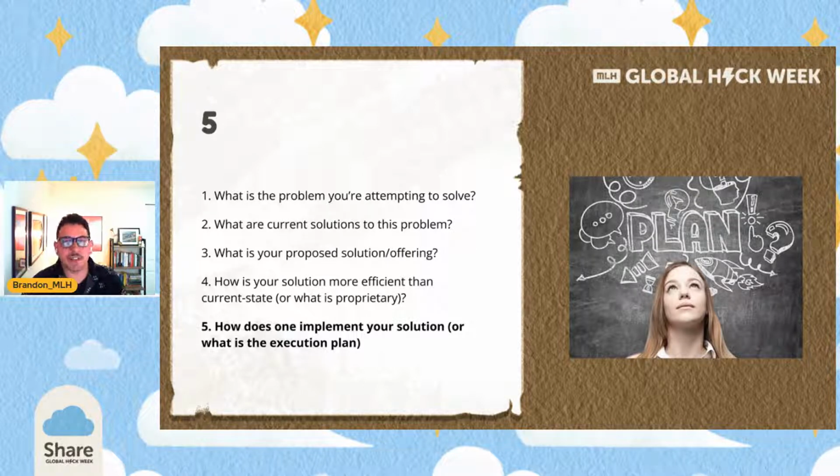It's super simple. You can translate that onto a stage where you're presenting at a hackathon, or even in a boardroom. I've used these questions in the corporate world many times when I've had ideas for new initiatives.